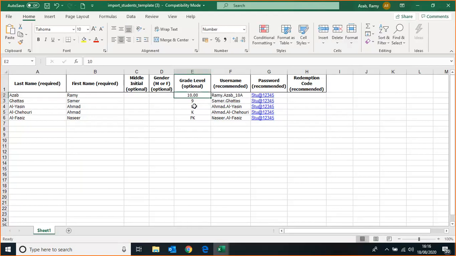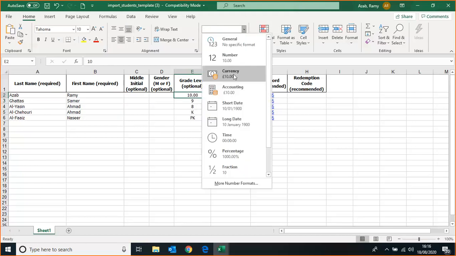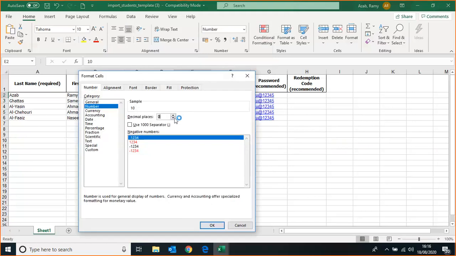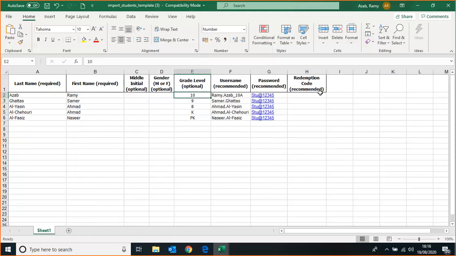So in the grade level, you need to put either a number, which is grade 9, grade 10, grade 11, whatever that is, or grade K for whoever is in KG. It doesn't accept KG, you have to put in K, or PK if you're going to put in someone for pre-K. So please take that into consideration. And for the numbers, please always have them formatted as a number and have the grade level, if it's K or pre-K, formatted as